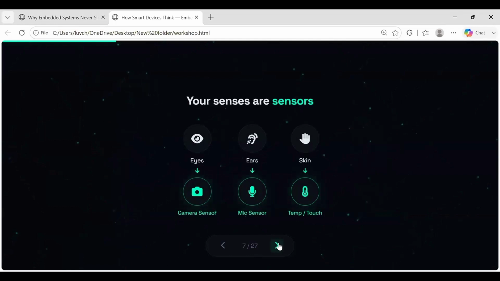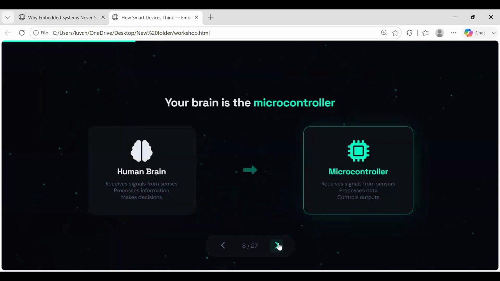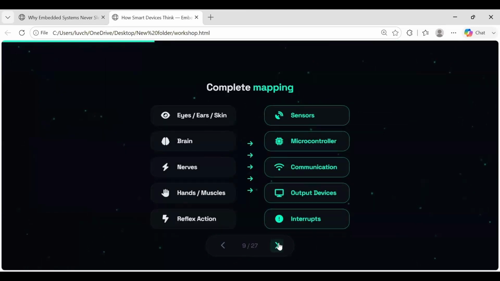So these are sensors that you can clear with your analogy of the human body. Eyes are like a camera sensor. Mic is your ear sensor, and skin senses temperature and gesture, right? The human brain is just like a microcontroller, a decision-making device. You are not supposed to remember more than that, because in interviews, no one will ask you what is microcontroller. The only thing you need to know is that it is a decision-making device, none other than that. So the complete mapping is here with alignment to the human body. All the sense organs in the human body are aligned with the sensor, and your brain is the main decision-making device.